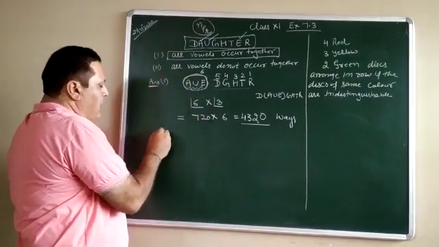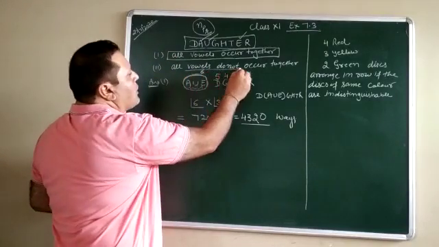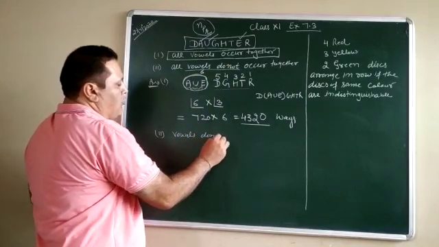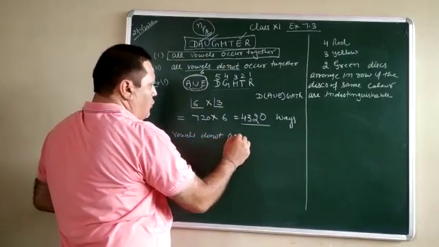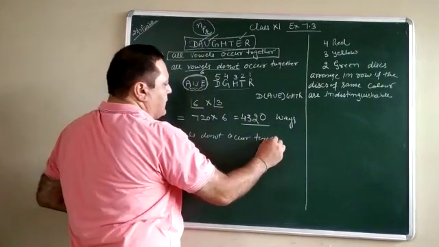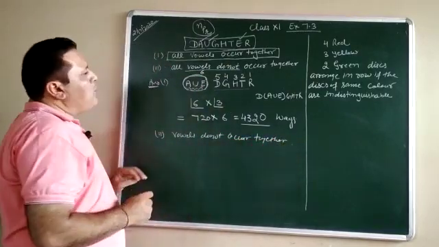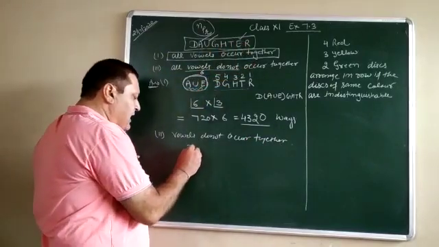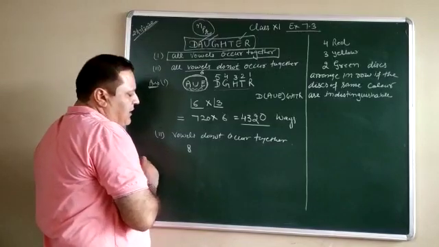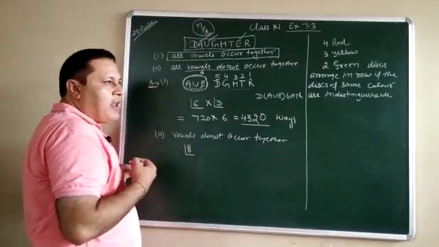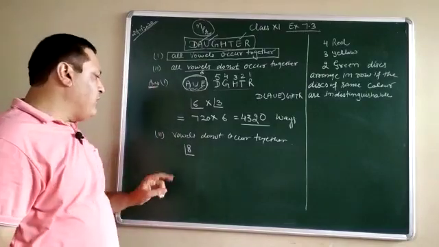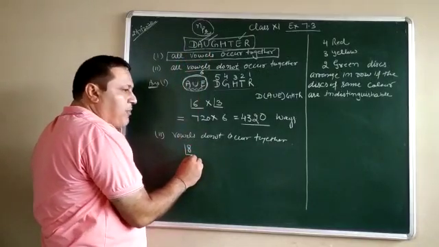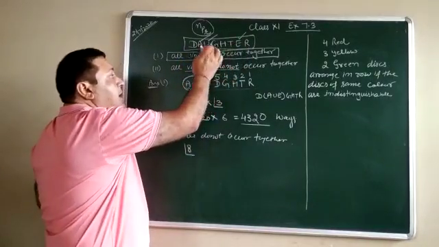The second part is that all vowels do not come together. The important thing is, first of all, how many total letters do we have? We have 8 letters. So we say these 8 alphabets can be arranged among themselves in 8 factorial ways. Whatever I am speaking you have to write down, and after that give the result. The word daughter can be arranged in 8 factorial ways because there are 8 different letters.